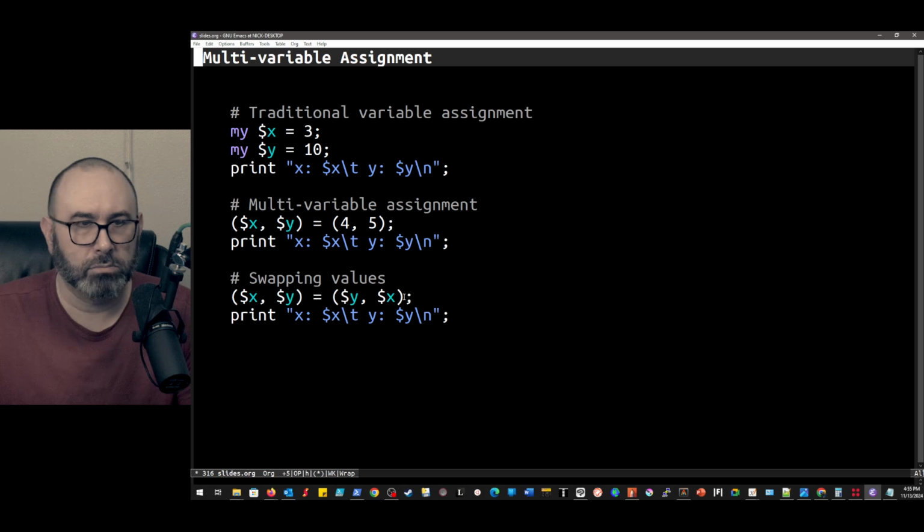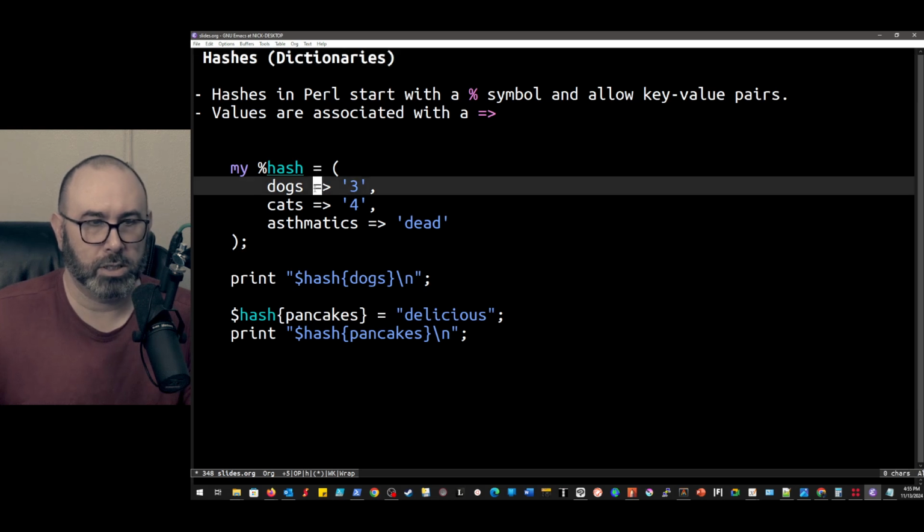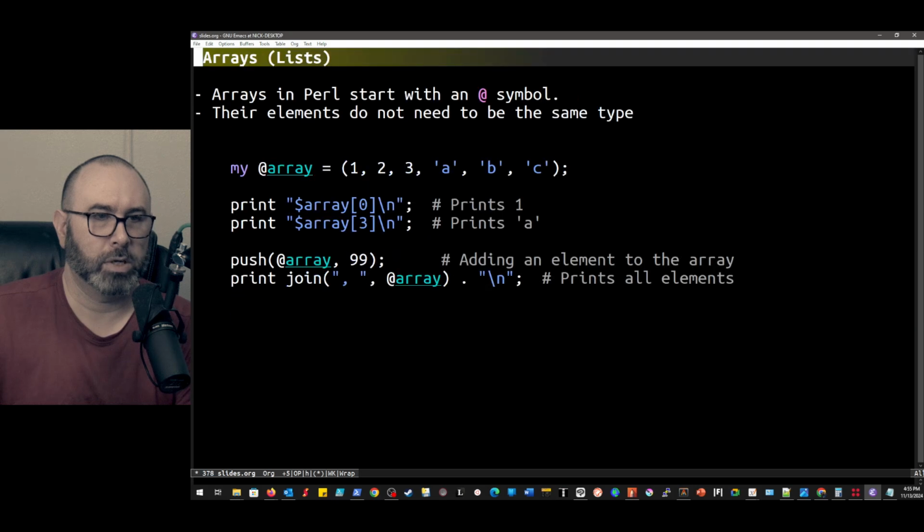So that's pretty simple. If we want to use hashes, we've got in this case my hash equals and then parentheses, and then a parentheses and a semicolon to end this statement. You can see that this is nicely formatted. One of the other cool things is since spacing doesn't matter nearly as much, we can do things like say, I want to have all these line up. Whoops, go back.